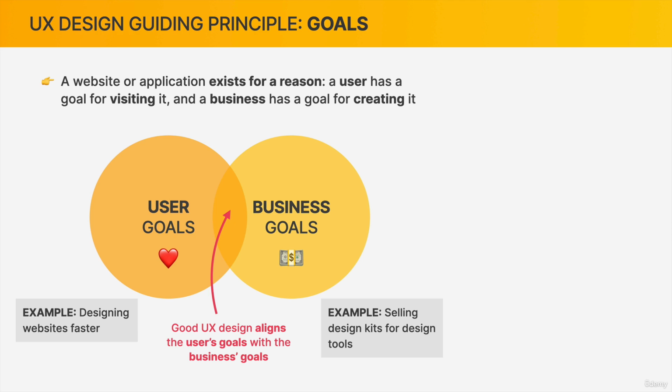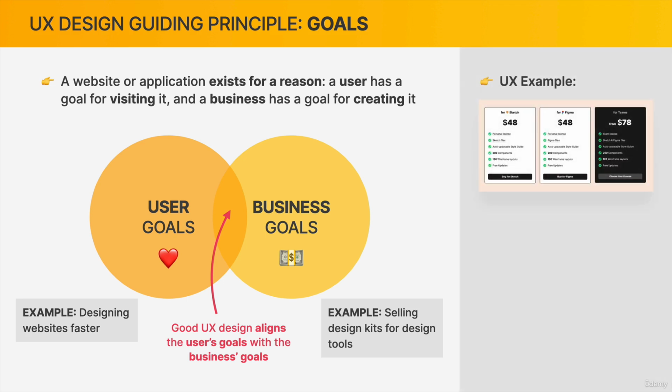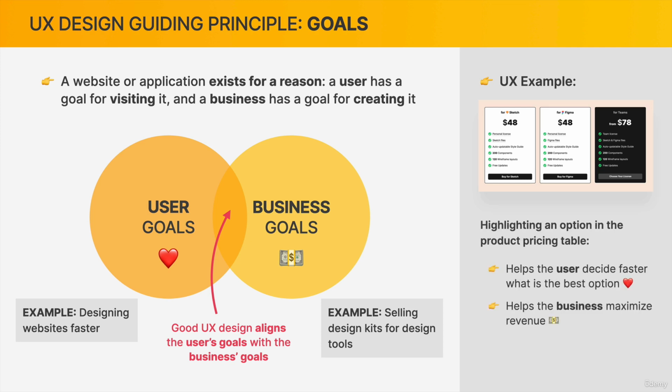So in this case, to create a transaction between the business selling some design kits so that the user can design their websites faster. Now, one extremely common example that you will see all the time is to highlight one option in a pricing table like this. And the designer does that because it makes it easier for the user to decide which is the best option to choose. And on the other hand, it helps the business maximize their revenue, because usually the option that is highlighted is the most expensive one, or also the one that they know will sell the best and make them